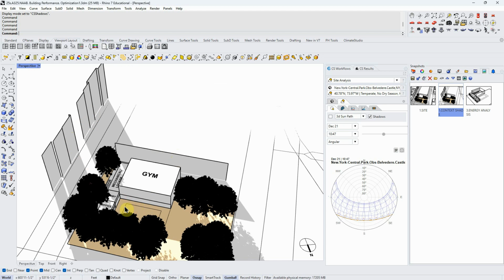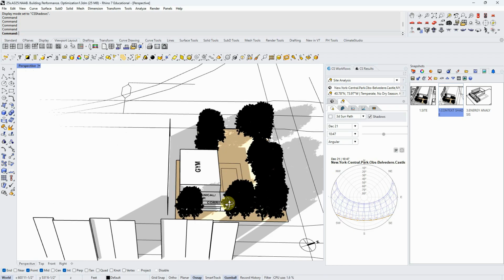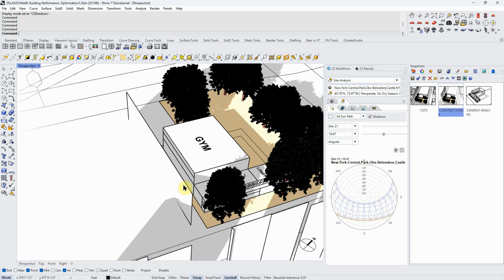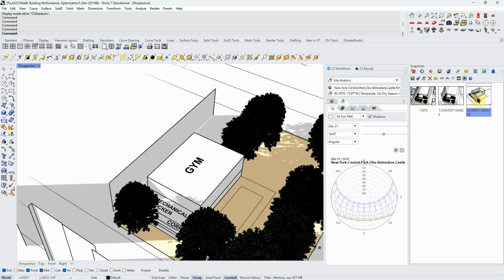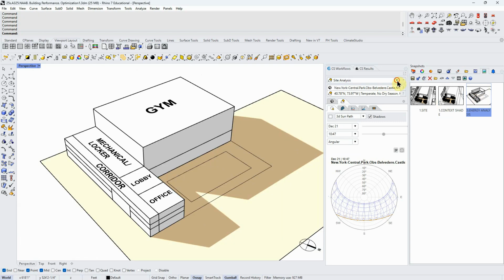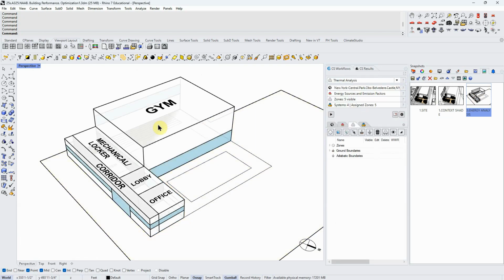Or you can just not use them, but especially for glazing, like windows. This is a south-facing gym, and this building right here is definitely going to have a big effect on these windows. Okay, so then let's talk about the actual model. If I go back and look at the simulation,